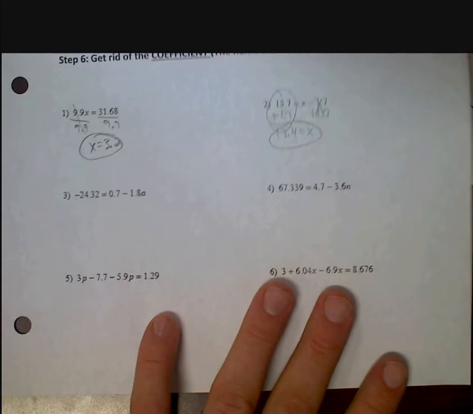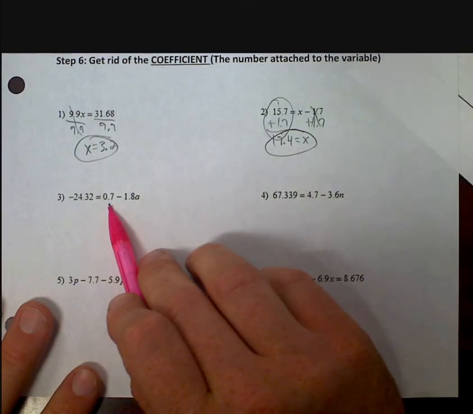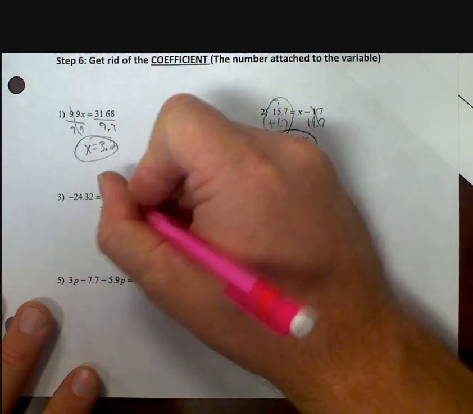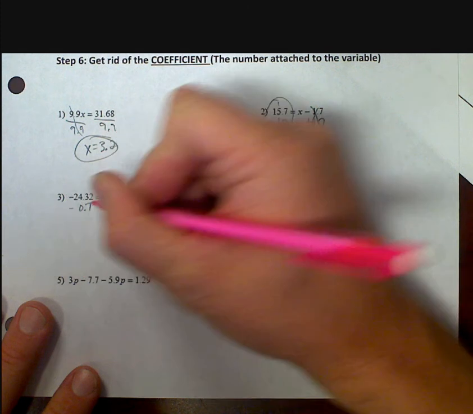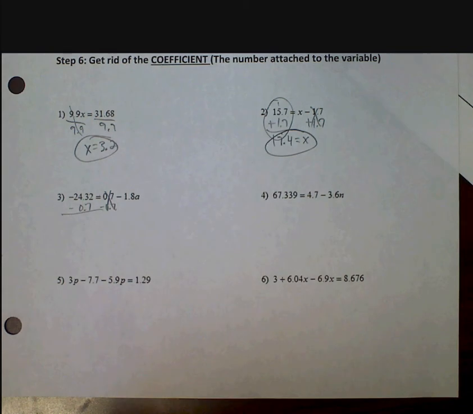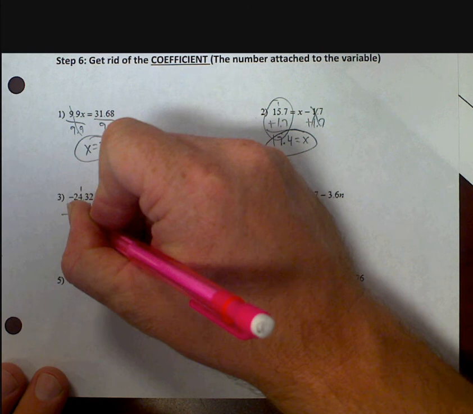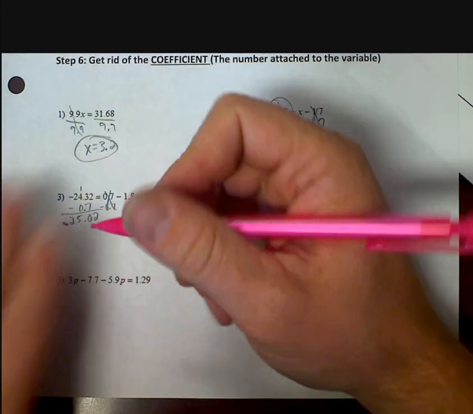On number 3, we need to get rid of the constant first, step 5. There's nothing else I can do. I'm going to get rid of 0.7. Both of them are debt. If they're both debt, I know I'm going to add. I don't need a calculator for this. That's 2, that's 10, that's 5, that's 2. So negative 25.02